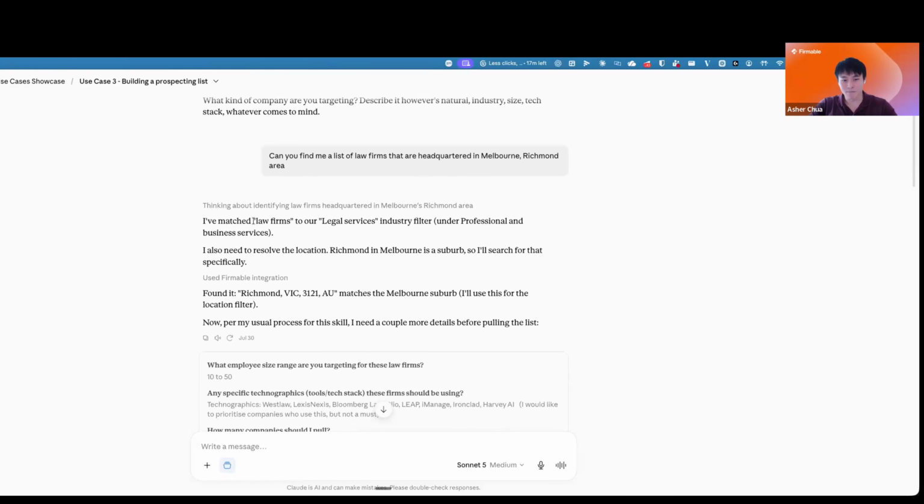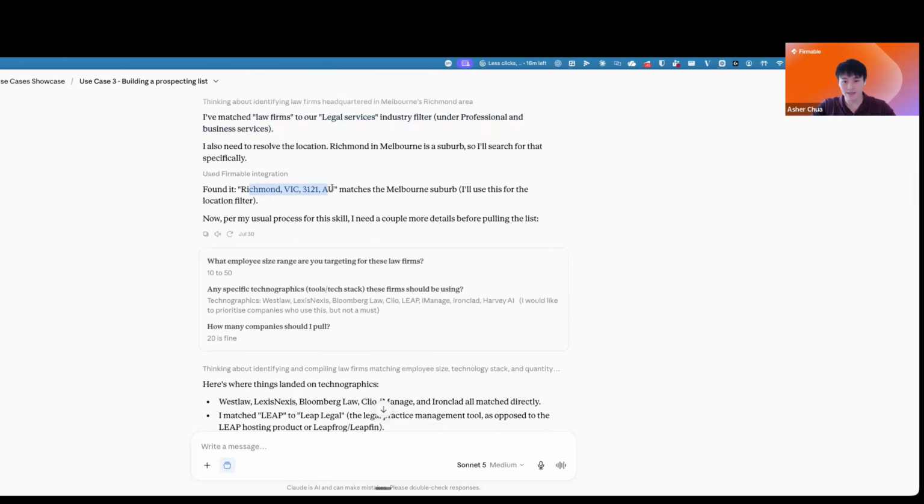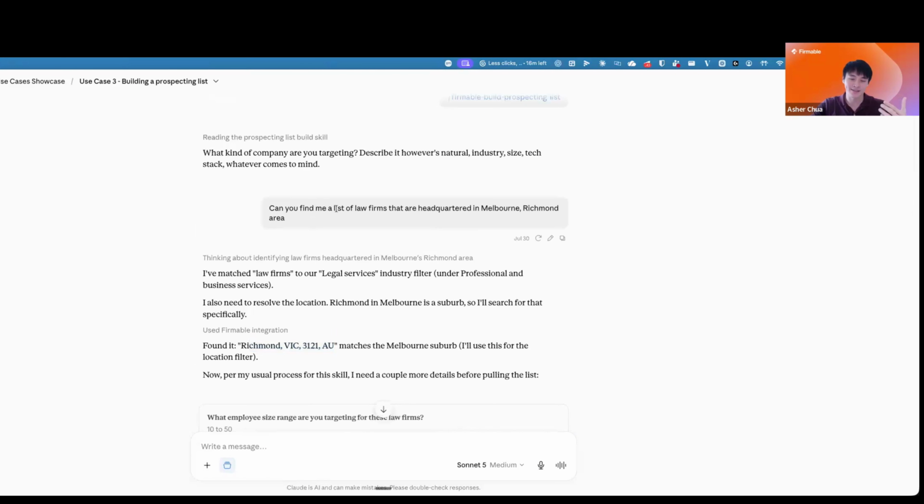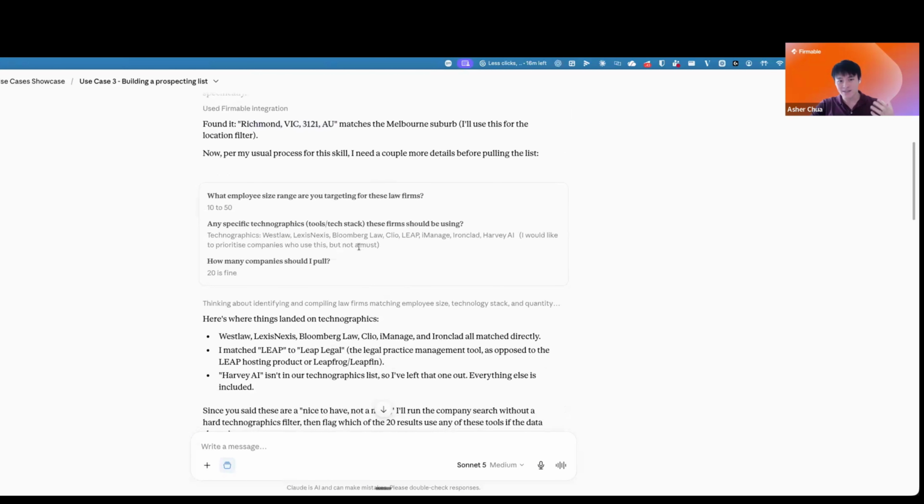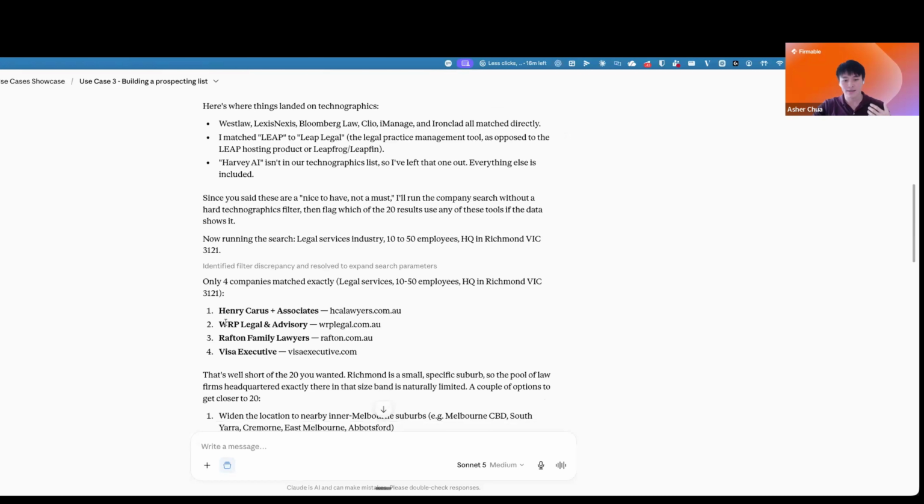And in this case, using the Firmable MCP, it has matched law firms to the legal services industry filter. Great. And it also found the address or the location. But you start to realize, hey, this is still just law firms, it doesn't give enough information. I've made this skill such that it will prompt me for additional information. What employee size range? Are there any specific tech stack or technographics that you're looking for? And how many companies should I pull? And based on what our data set has, it only surfaced 4 companies that match all those